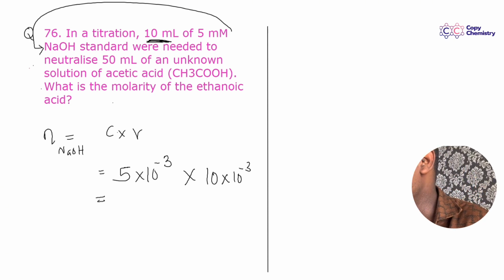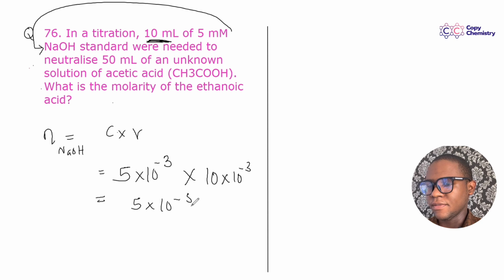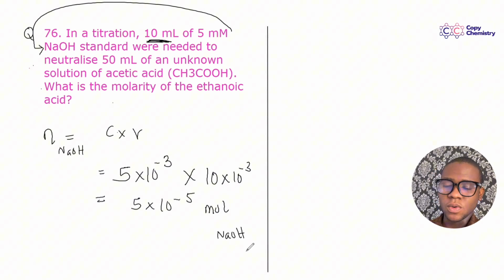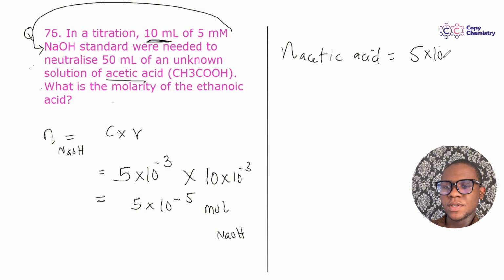Let's see what that will be. That will be 5 times 10 to the power of minus 5 in mole. Okay, yeah. Then this number of moles of sodium hydroxide should equal the number of moles of acetic acid. Okay, so that means the number of moles of acetic acid is also 5 times 10 to the power minus 5. Yes. Then we can proceed to our